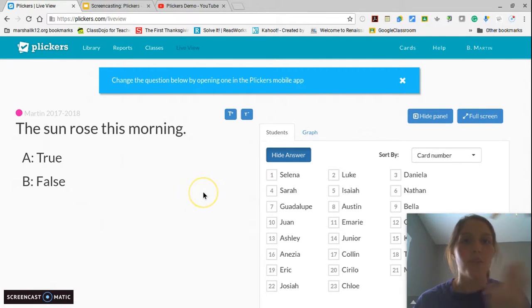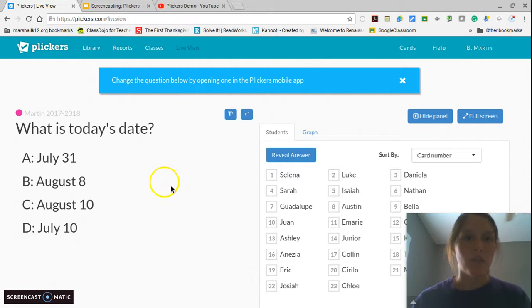So after you were to finish the quiz, you would go through all the questions, and you would do that. You could pick a different question. See, I picked a different question on my app, and so it pulled up all the questions, and you would do the same thing, scan it, and then reveal the answer. So after you did that, you go to reports,